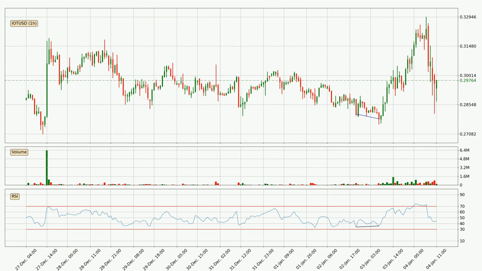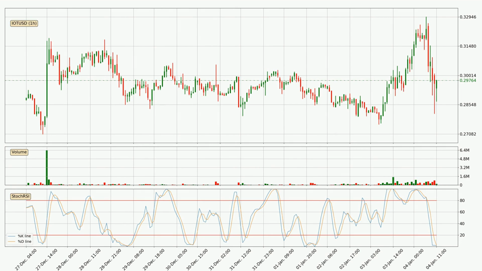On the lookout for divergences in the hourly time frame, the price has already gone up owing to the last bullish divergence. Moving to the hourly stochastic RSI, both the %K and %D lines are currently very low, which means that the price is oversold and a trend change or at least some kind of consolidation is to be expected. You should wait to see if the trend will in fact go up because the K line has yet to